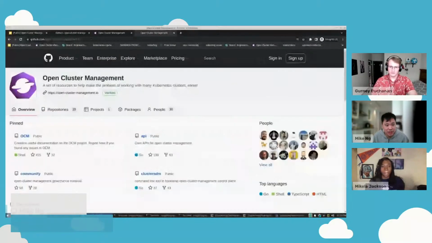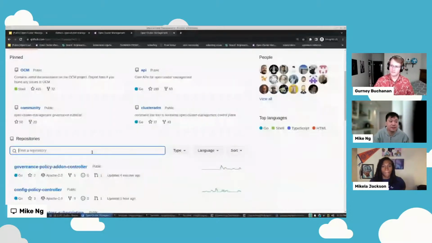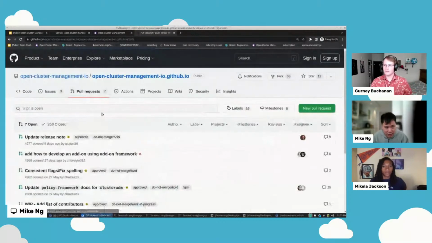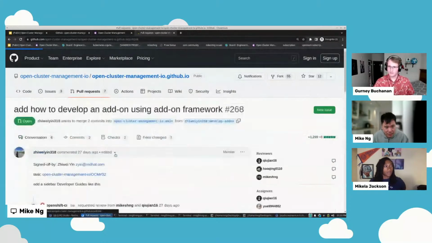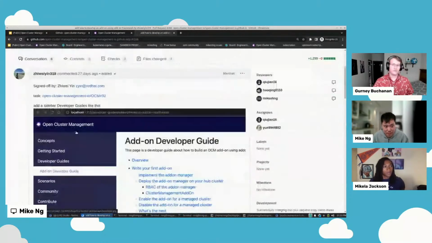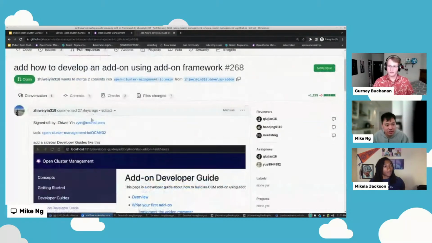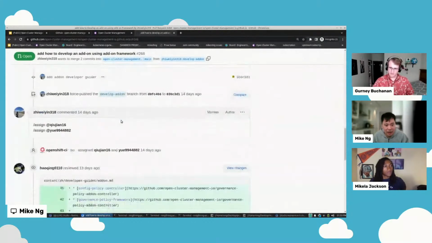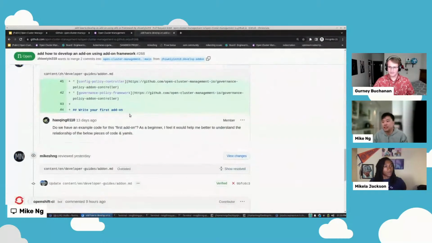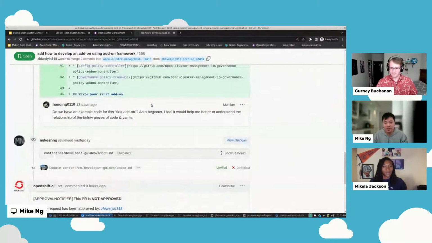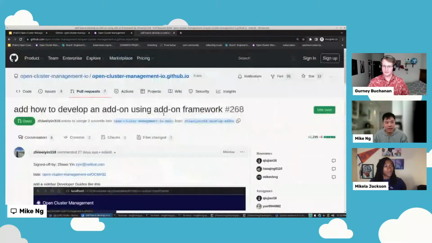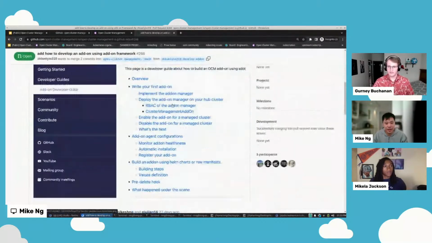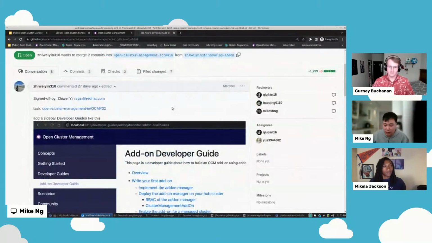And from your feedback, from community feedback, we're actually trying to enhance our add-on development guide. So shout out to G-Way for creating this add-on developer doc to further enhance the experience of creating an add-on. And anyone can provide feedback on the doc and see if that helps with the experience of developing an add-on.